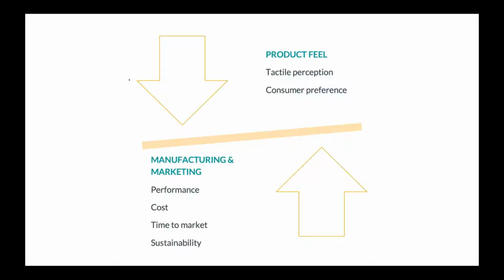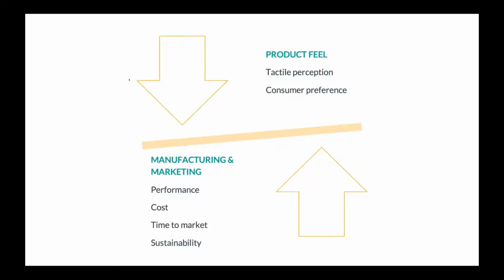So on the top of this slide here, we have product feel, and we talked a little bit about tactile perception, but we're also going to talk about consumer preference. So which wipe or which product do I prefer? Which one do I want to buy? Which one have I purchased in the past? And we can see that that sort of drives this little seesaw downwards,